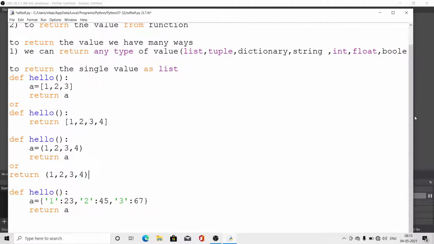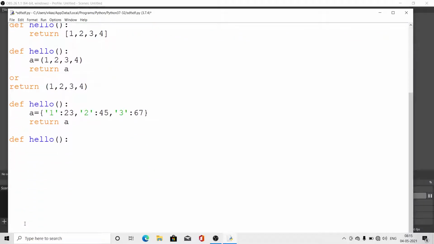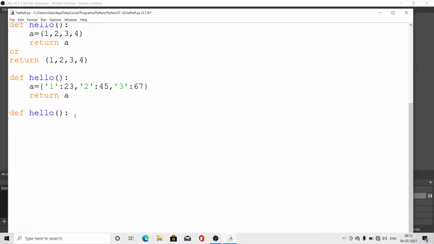If we want to return the string value, we can return also like that. Definition hello, and we can write here return hello. If we want to return integer value, we can write here return 12.